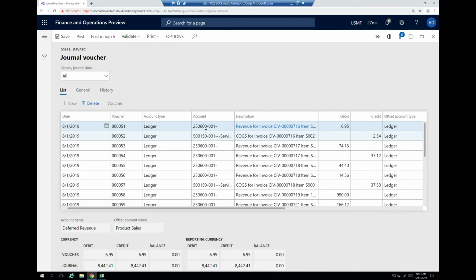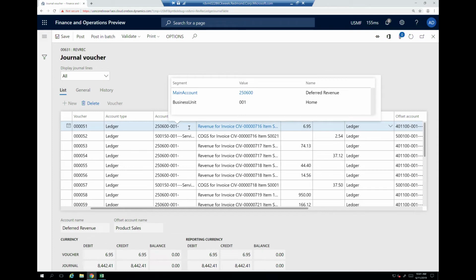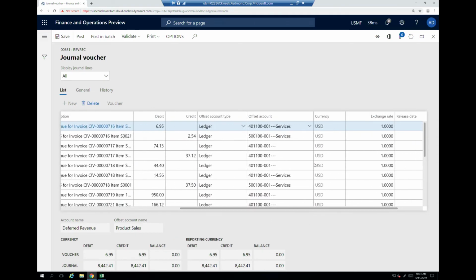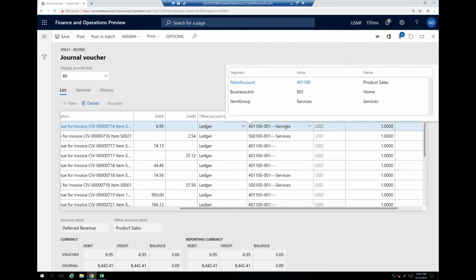So one thing to keep in mind, and I've had some questions from customers: your deferred revenue is a balance sheet account and your actual revenue is a P&L account, and they're concerned about financial dimensions. So if you notice here, this balance sheet account doesn't have services for my financial dimension, but the actual revenue does. And that's because I have a different account structure. As long as those dimensions were present on the sales order, we are tracking those dimensions with your deferred revenue records, and we will use those. But obviously you have to be really careful, because if you have a dimension that's required on your revenue and you forgot to put it on your sales order,